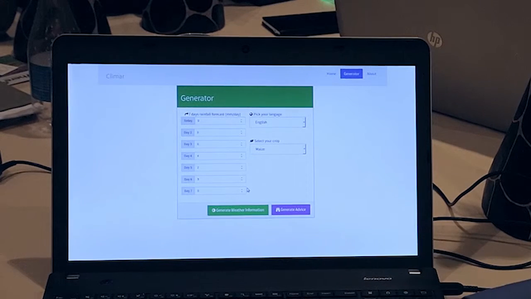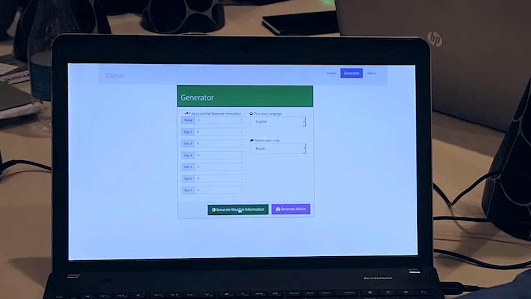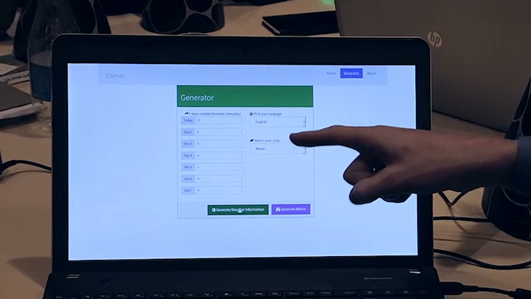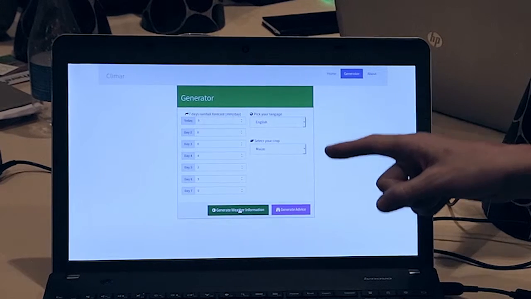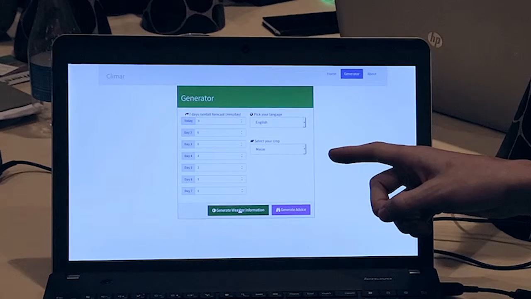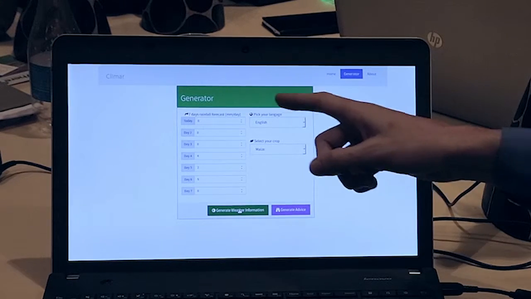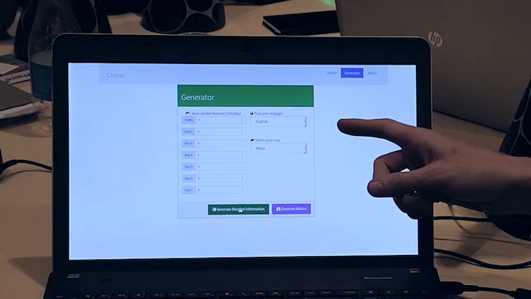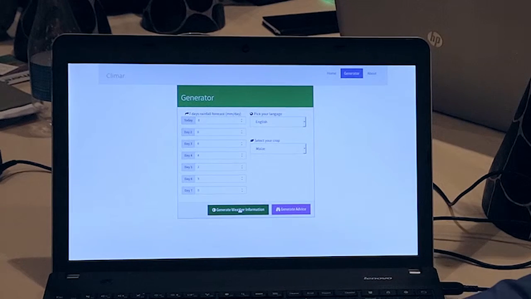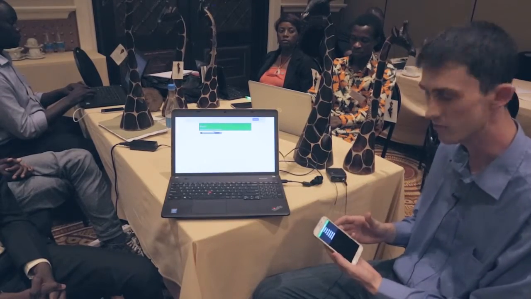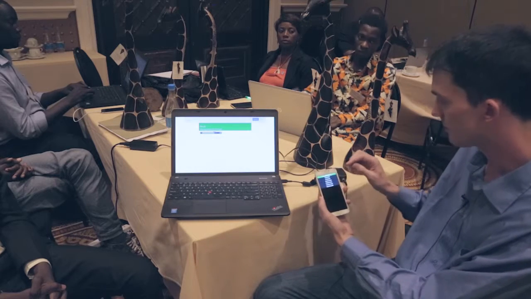So what happens is when we generate the weather information, we take this information here and we translate it into English and we customize it later on, not in this demonstration, for a particular crop. So here we'll use this climate and weather information and compile a message in English. So when we click Generate Weather Information, now when the farmer is interested in obtaining this information, he or she can use their cell phone and call,